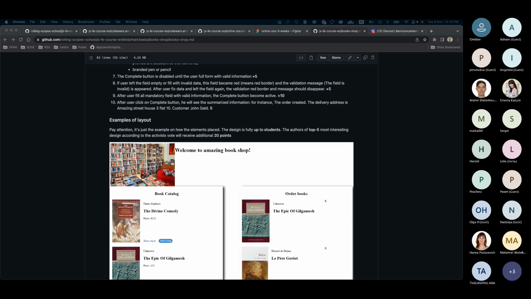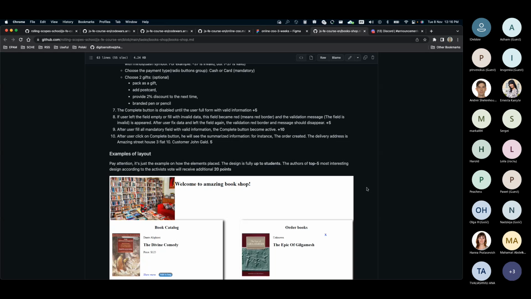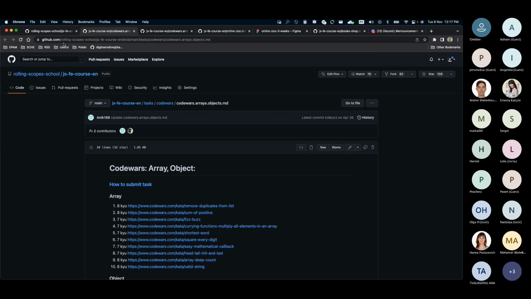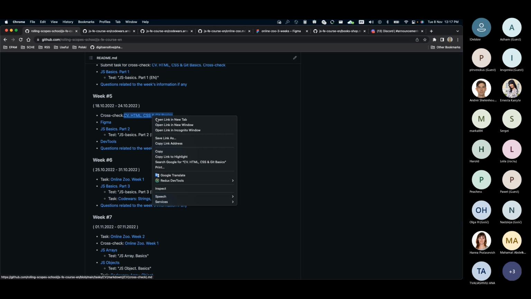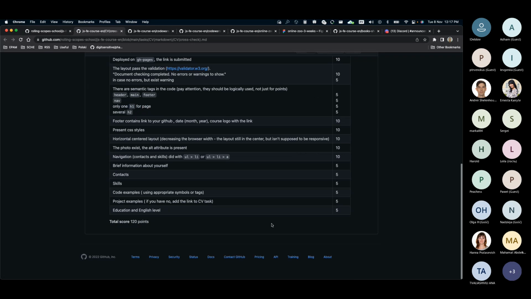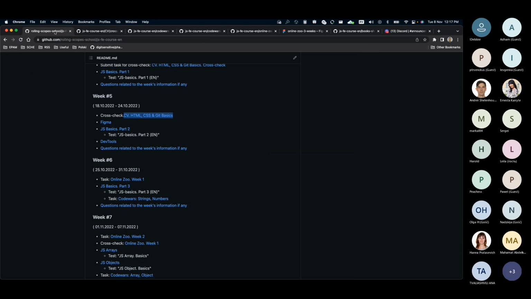I'm sorry, I don't have electricity right now, so I can't show exactly where it was, but in your documentation, for the resume cross-check and so on, you had a point that if you made a work that was so good that you want other students to see it, you can promote this work on some page, but there wasn't a link to that page where we can make sure that other students can see that work.